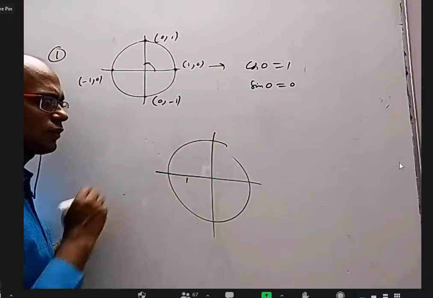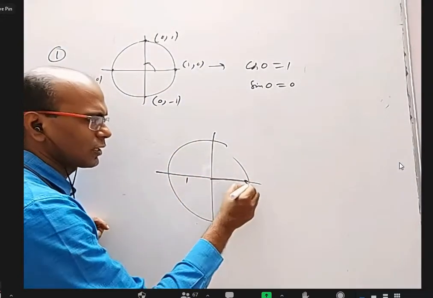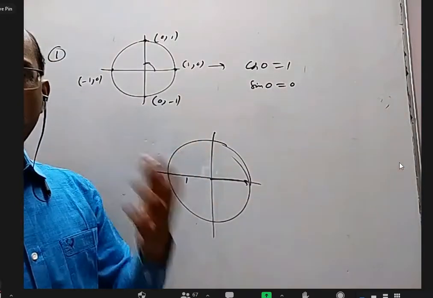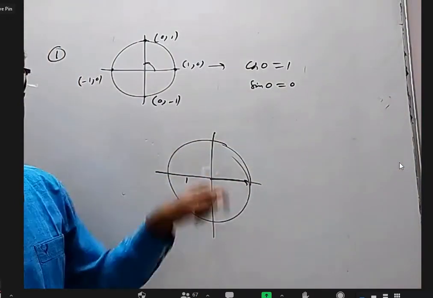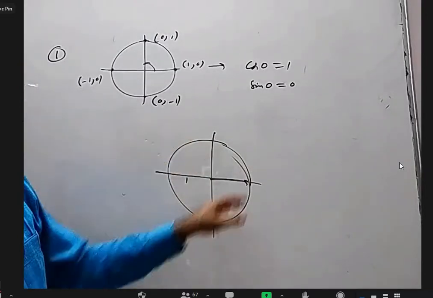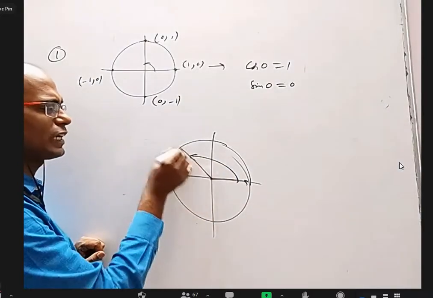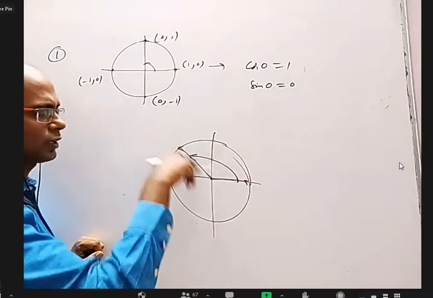If you take a circle of radius 1 unit, this is your initial ray. If you want sine 120 degrees, turn this by 120. If you want cos 1000 degrees, turn this by 1000 degrees. If you want cos 300 degrees, turn this by 300 degrees. Let us say you want 150 degrees, turn this by 150 in the anti-clockwise direction, against the clock direction.